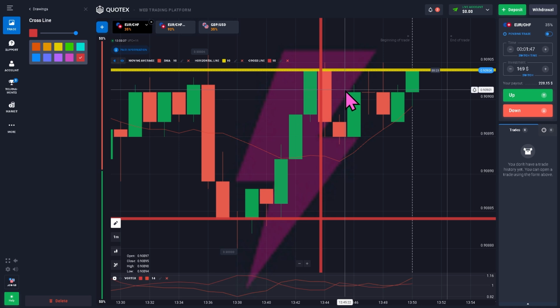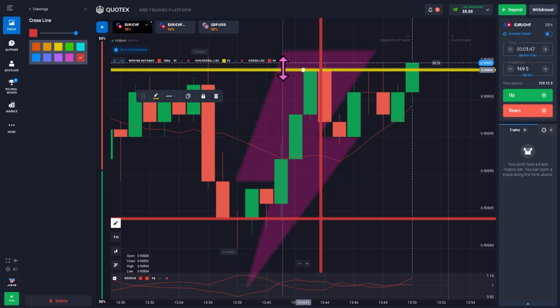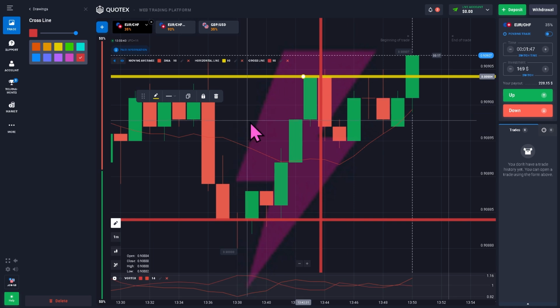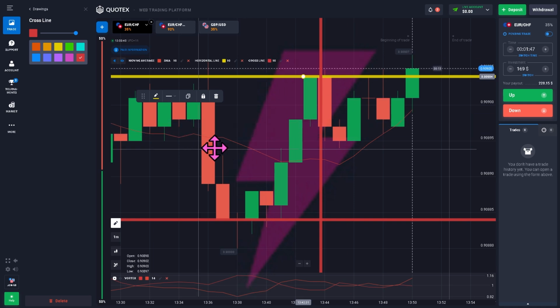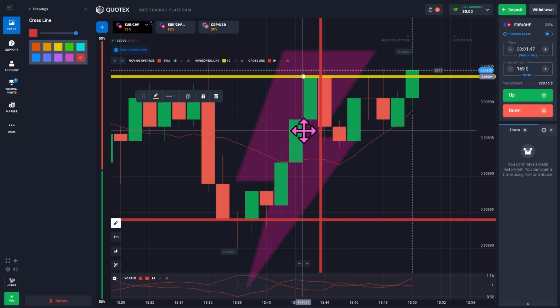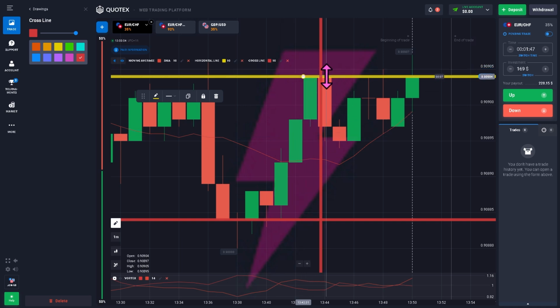Now, remember, signals are tools, not magic. If you truly want long-term success in Quotex, you need to learn basic chart reading, understand support and resistance, manage your risk, track your results, because these signals should support your strategy, not replace it even if you follow